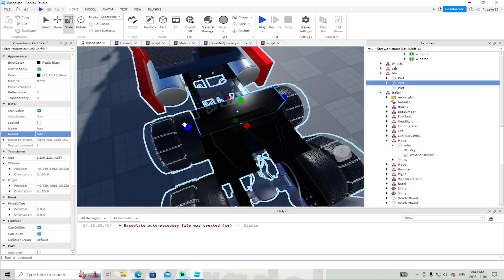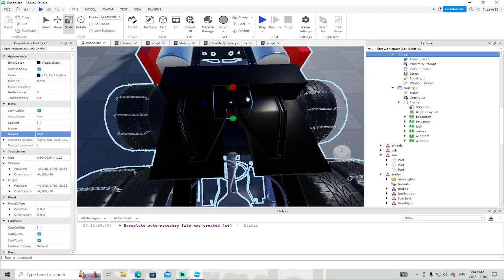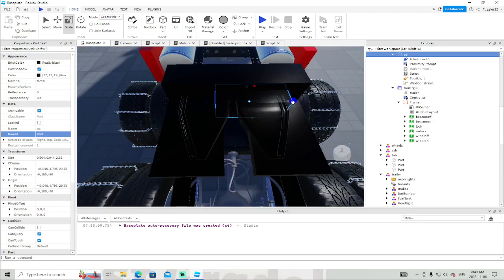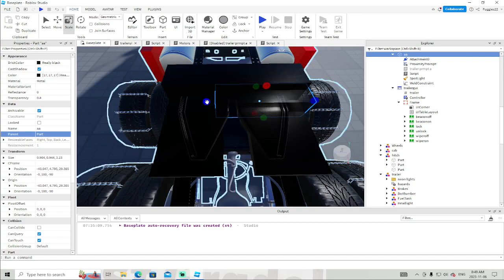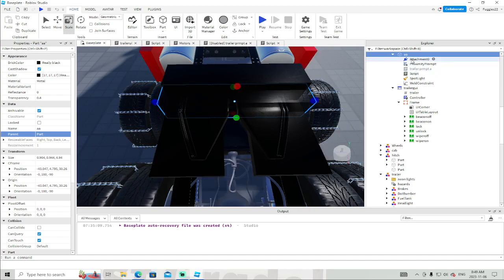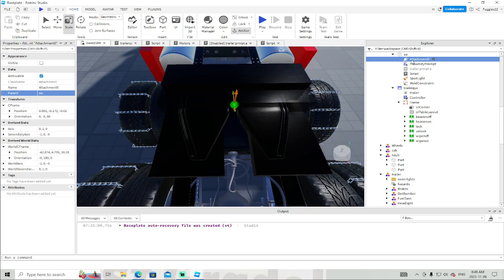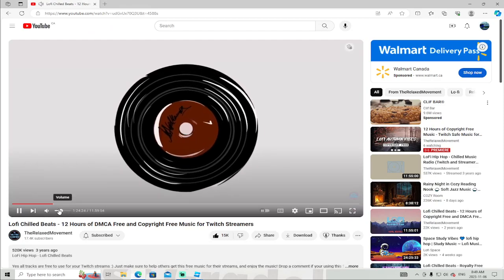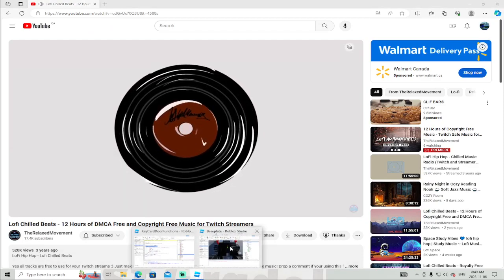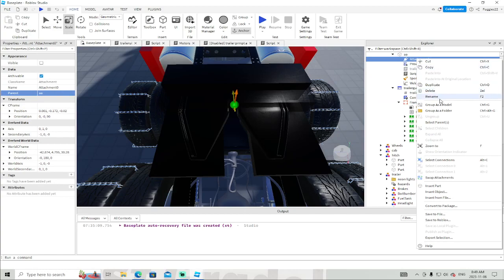right? The other thing too is we could make this part, we're also going to make this part wider. Let's make it all the way across, actually. And then that way we have plenty of contact area, okay? Now, inside here, we have an attachment. We're going to rename this attachment. We're going to rename it to, I'm just going to turn this down just a little bit. Okay, we are going to rename this to,